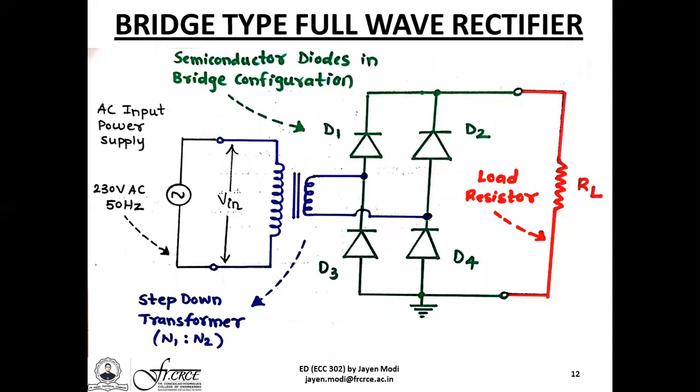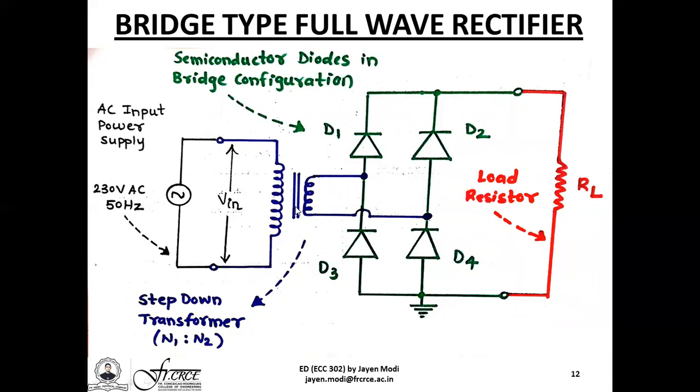rectifier. So this particular circuit configuration removes almost all the drawbacks associated with the center tapped full wave rectifier circuit. Again, following the same process, the circuit has four main elements. The first element is the AC input power supply shown in black, which is 230 volts AC 50 Hertz. This voltage supply is fed to the primary windings of a step down transformer. Now this is different as compared to a center tapped transformer which we have all seen earlier.